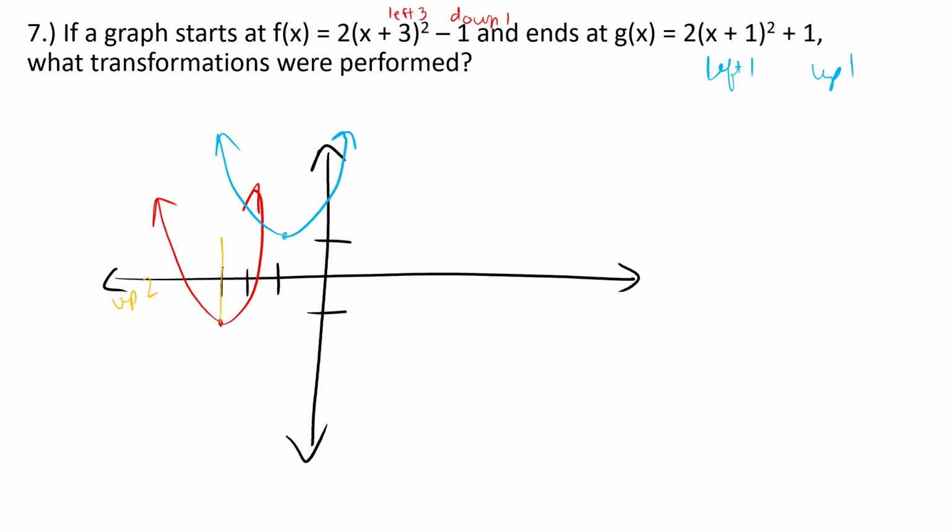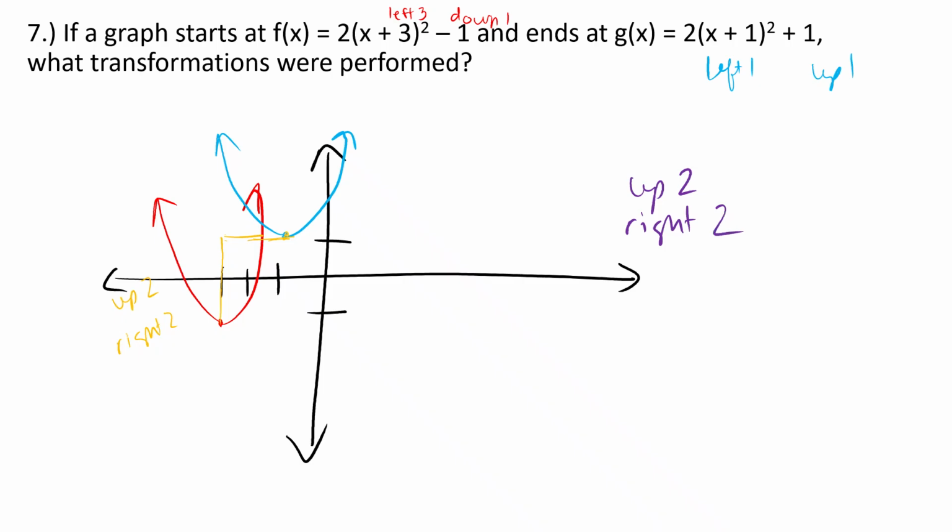Okay, so what I'm doing is I'm tracking that vertex. So the vertex went up 2 and right 1, 2, 3. Oh, no, just 2. Sorry. 1, 2. So up 2 and right 2. And so the answer to that would be, to get from one to the other, we go up 2 and